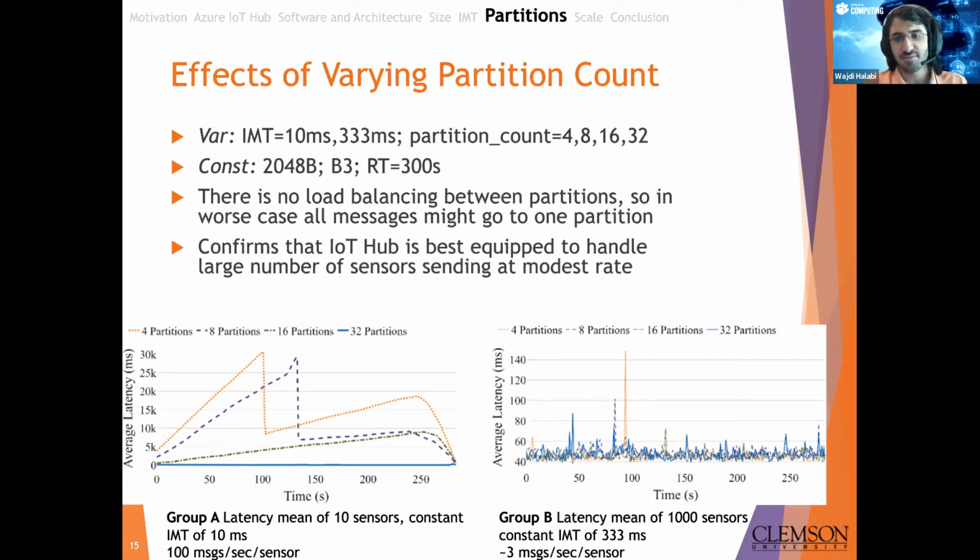On the other hand, group B over here, we tested 1,000 sensors at a constant IMT of 333 milliseconds. So each sensor is sending about 3 messages a second, but since there's 1,000 of them, IoT Hub is receiving 3,000 messages per second, which is triple the total amount received by Group A. And even with that, you notice that the average latency rarely rises above 60 milliseconds across all of our IoT hubs,